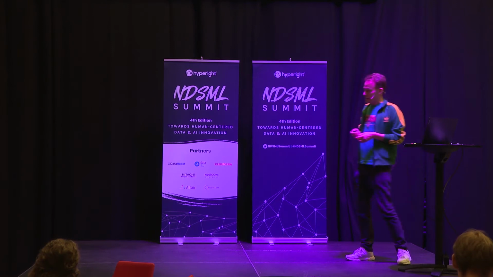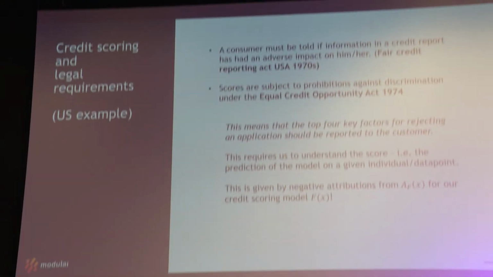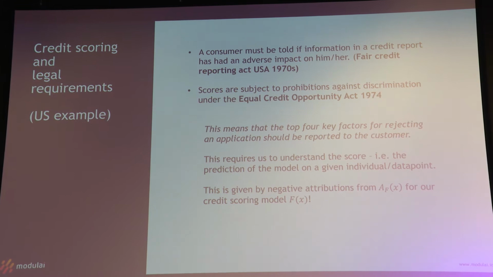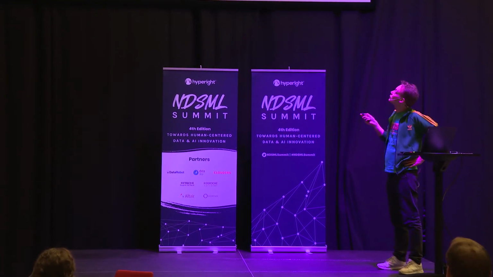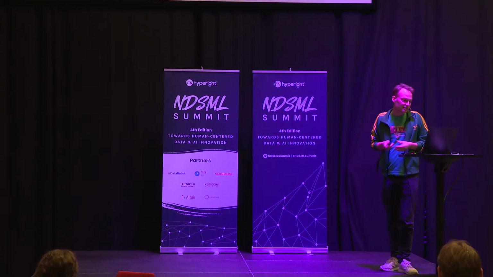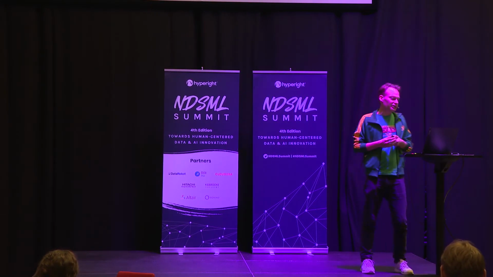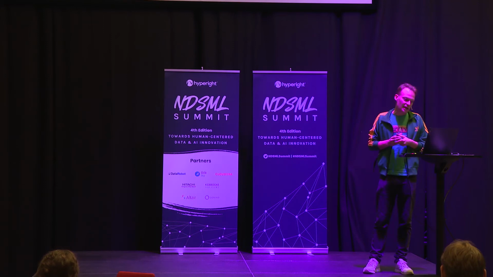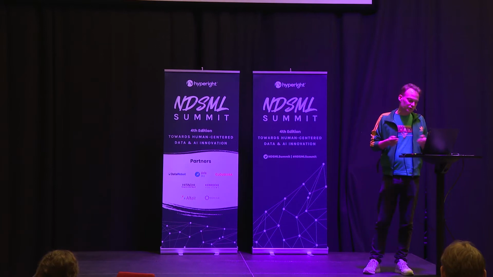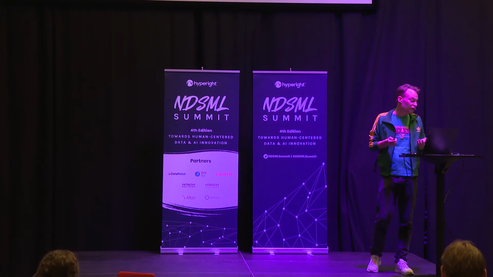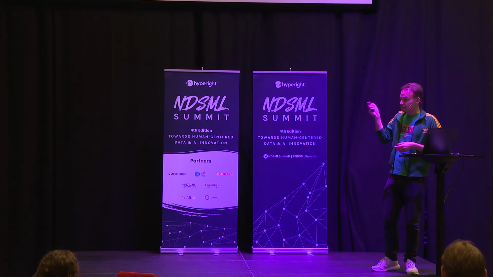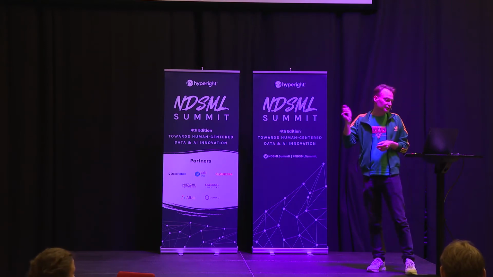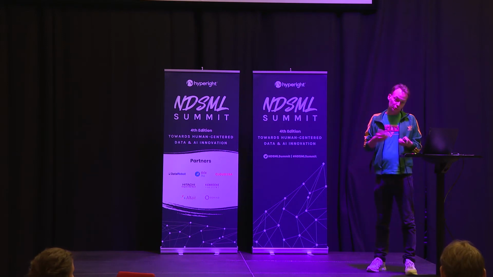In credit scoring, a field I have been working with a lot, you have legal requirements on explaining the model. This is in the US. A consumer must be told if information in a credit report has had an adverse impact on him or her. That's the Fair Credit Reporting Act in the USA. Scores are subject to prohibitions against discrimination under the Equal Credit Opportunity Act. So legally, in the US, you need to supply the 4 key factors for rejecting an application